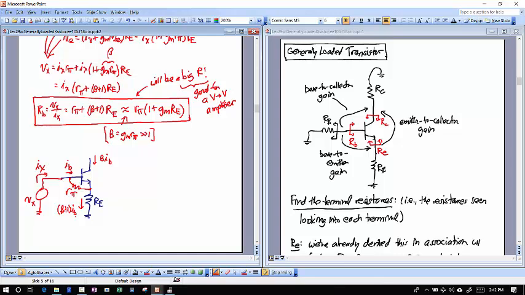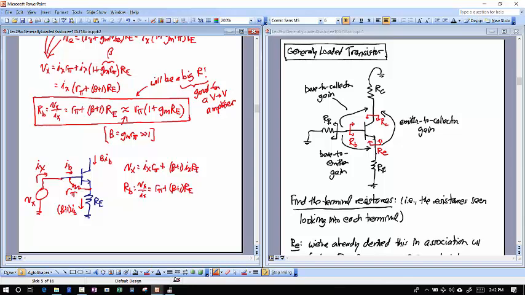So in the end, if I look at this whole thing, I can already write that the total voltage drop across this, Vx, is going to be whatever that IB is times R pi, that's Ix times R pi, plus whatever this is, beta plus 1 times Ix times RE, and right away, I once again can get, with very little trouble,